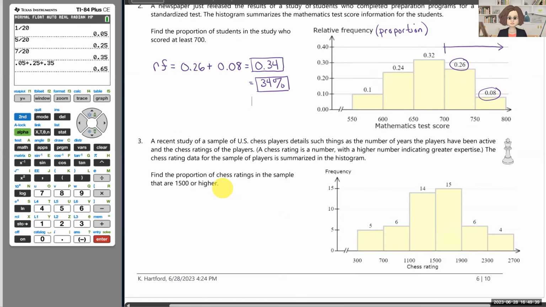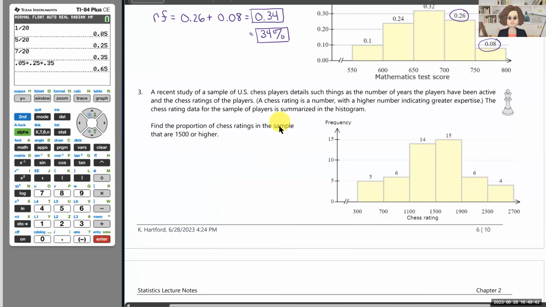All right, one more. So number 3 here, a recent study of a sample of US chess players details such things as the number of years the players have been active and the chess ratings of the players. So a chess rating is a number with a higher number indicating greater expertise. And this is a chess rating data set for a sample of players that's summarized. Find the proportion of chess ratings in the sample that are 1,500 or higher. All right, so 1,500 or higher